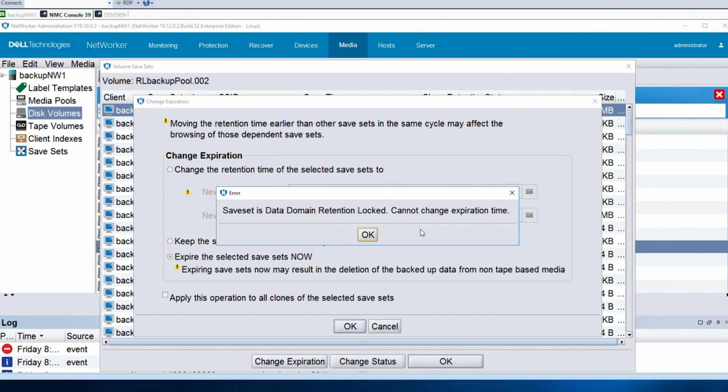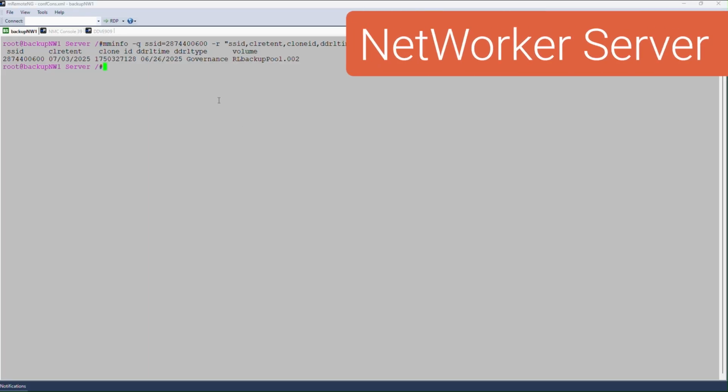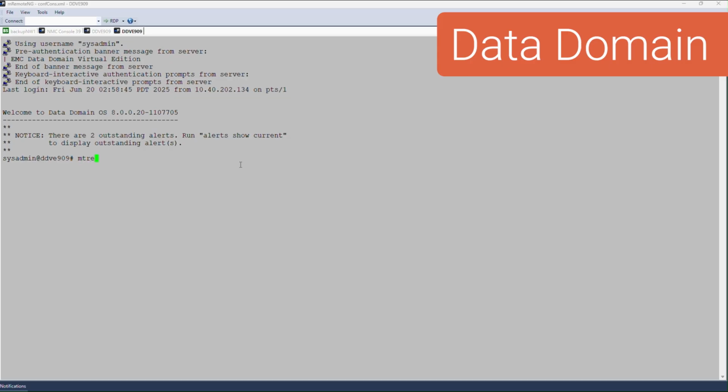In this case, we get an error saying save set is data domain retention locked, cannot change expiration time. This means that the save set was part of a retention-locked M tree on the data domain and cannot therefore be expired because the date has not yet been reached at which that retention lock is no longer valid. We can see that date in the media database here for our governance retention lock. It's the 26th of June, and we can see that's the DDRL time in the NetWorker media database, which means